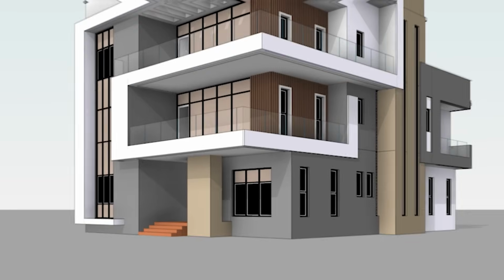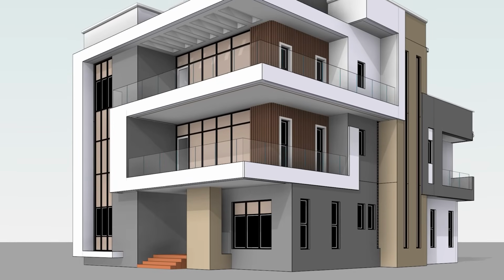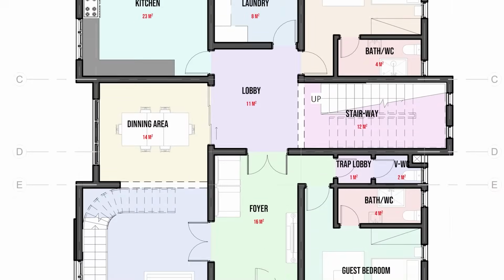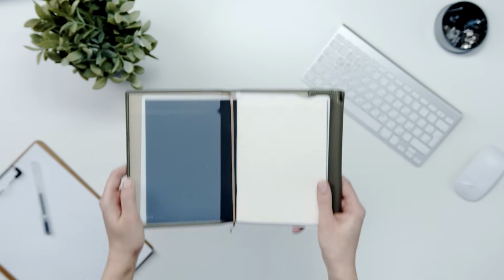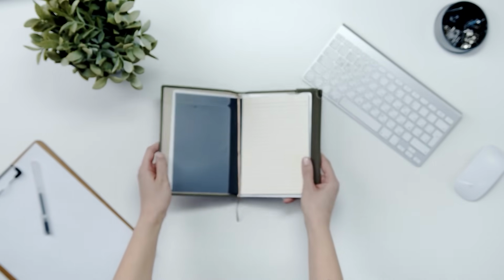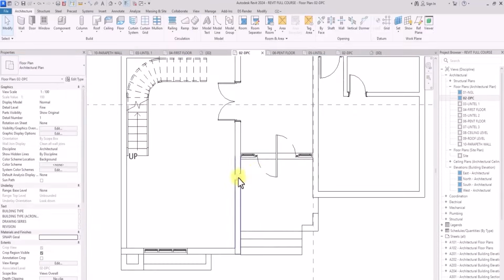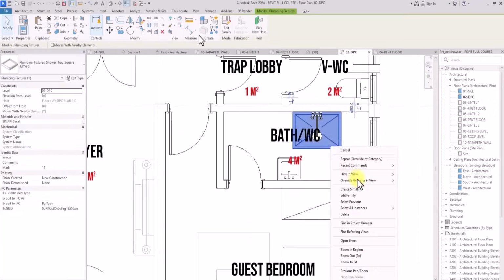This video is going to take you through how I start designing, drafting and modeling a residential building on Revit. I'm going to start from absolutely nothing. When I say absolutely nothing, I mean nothing, like no sketch. I'm going to start the drafting from Revit. I'm going to share some design tips. I'm going to show you how to use walls, how to optimize time when using Revit, how to use floors,